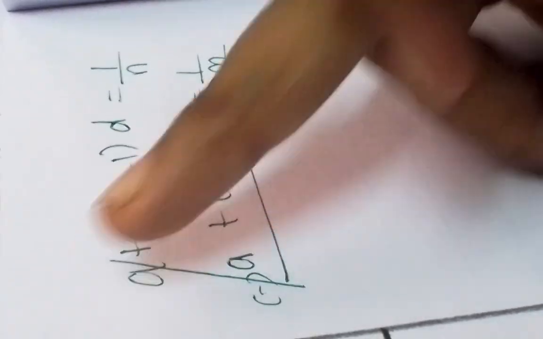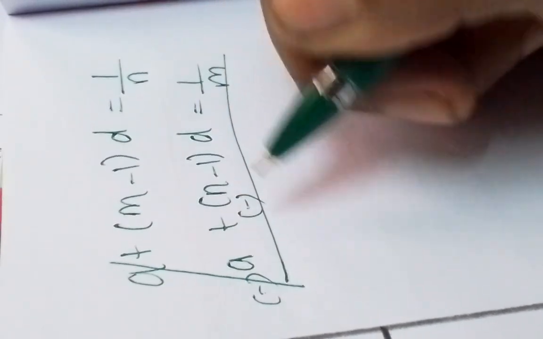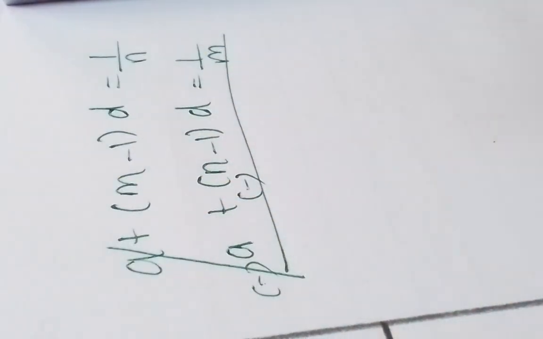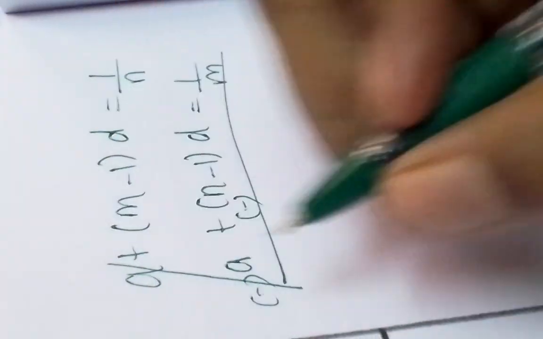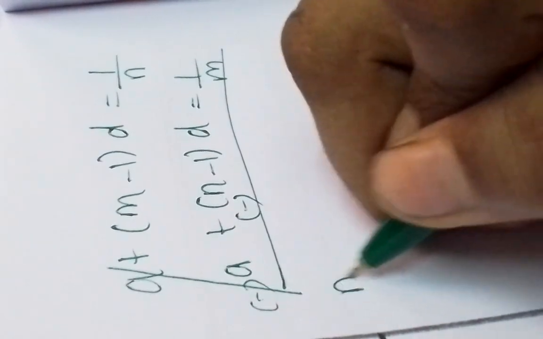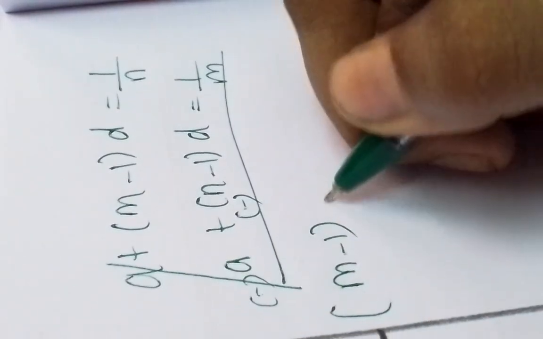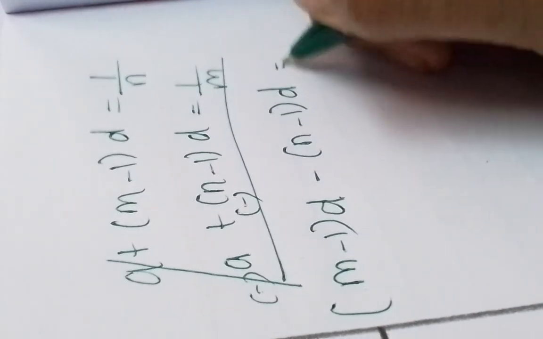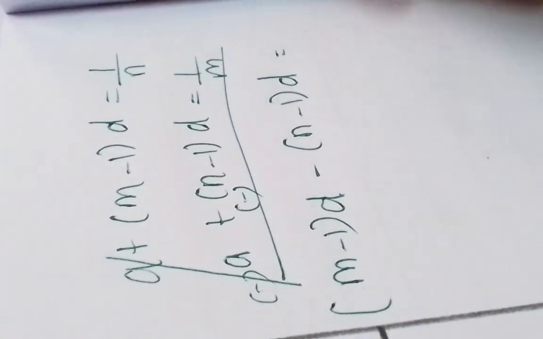So this a will get cancelled and just put a minus over here. See, because the sign change process should occur when you're going to do these things, right? So you'll get m minus 1 into d minus of n minus 1 into d, which is equal to 1 by n minus 1 by m. Okay,